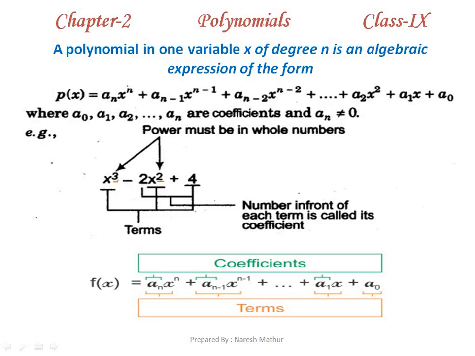Alright. Now if we are talking about the coefficients, these are the constant numbers. Let's say the coefficient of x cube is here 1, because no other number is here. And what will be the coefficient of x square? Minus 2. Minus 2 is the coefficient of x square. Now if I ask what is the coefficient of x here, the answer will be 0, because no term with x is in the given polynomial, and 4 is already a constant number. So this is the basic concept of coefficients and terms.